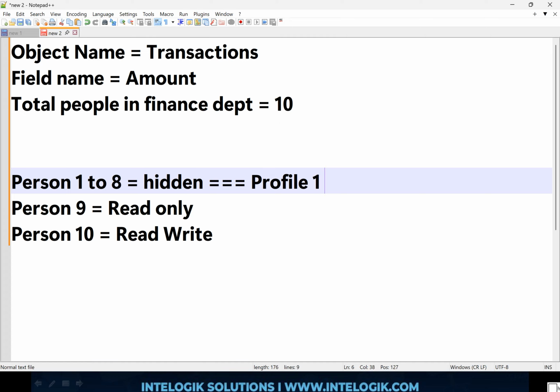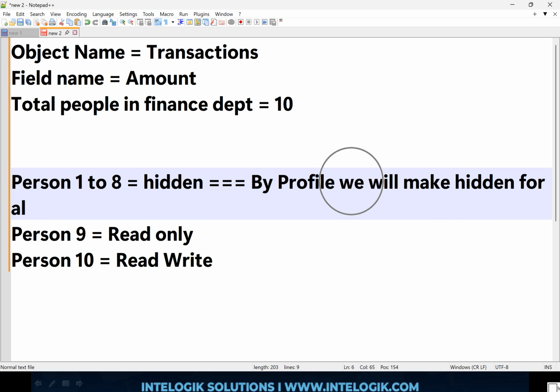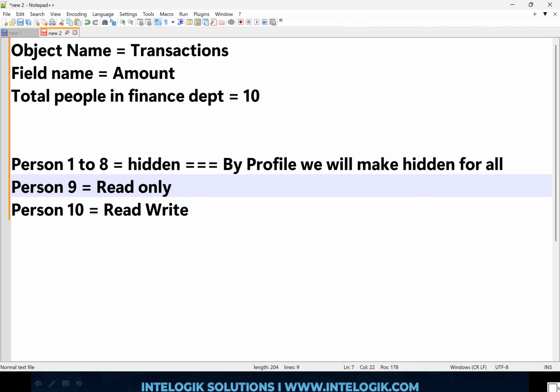We will create profile 1. In that, we will mention that for everyone it is going to be hidden. Okay. So, or I will do one thing. By profile, we will make it hidden for all. Okay. Then,